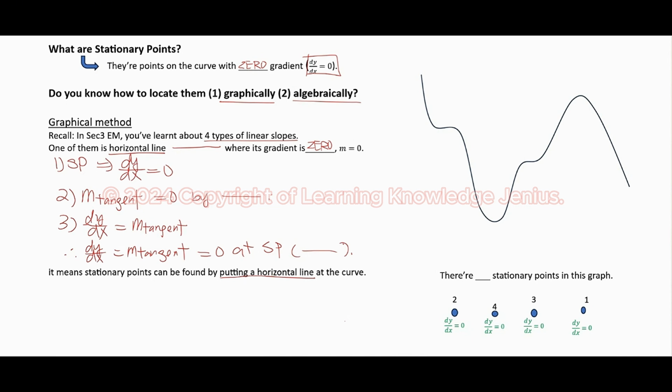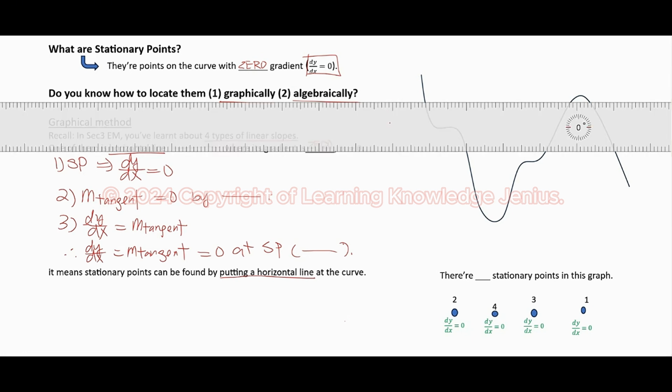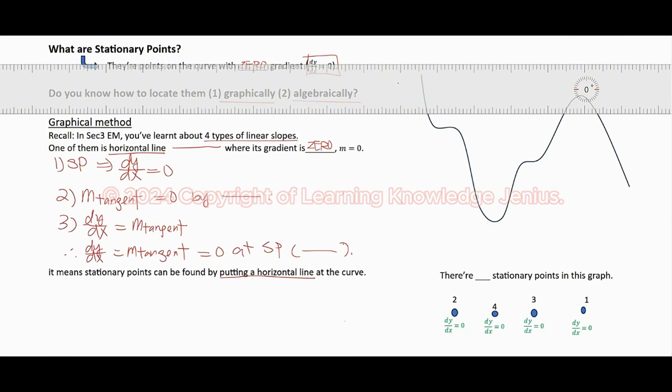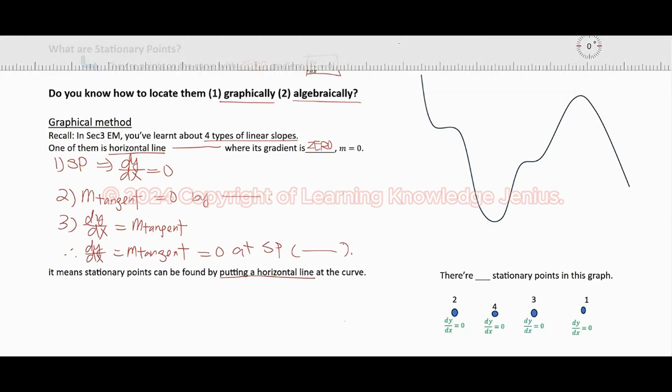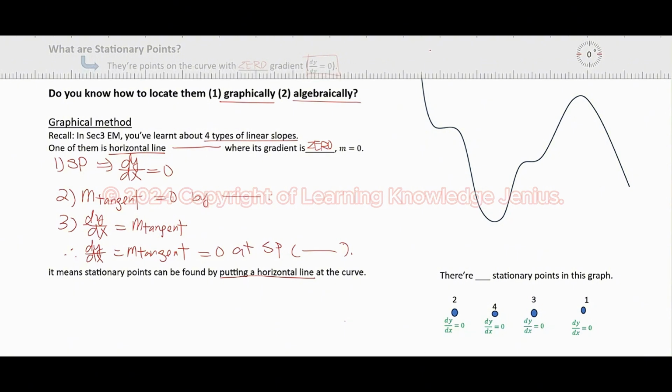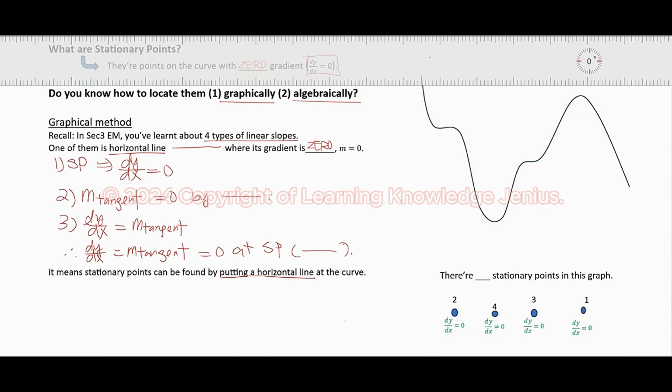Now, let me demonstrate to you. I'm going to use this curve on the right to show you. So first, let's get our ruler ready and put it on the top of the curve. Bear in mind, we are looking for the point where the tangent line is shown as a horizontal line. So we will slowly move our ruler from the top down, and you can tell the first few points we